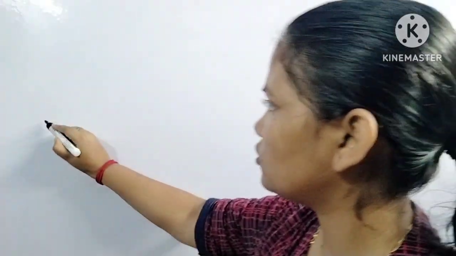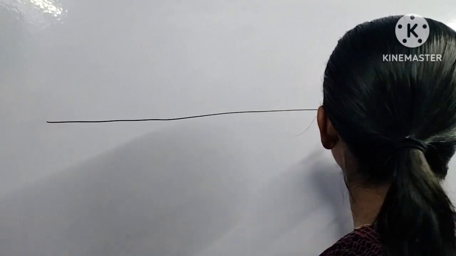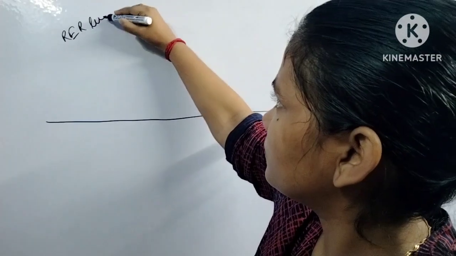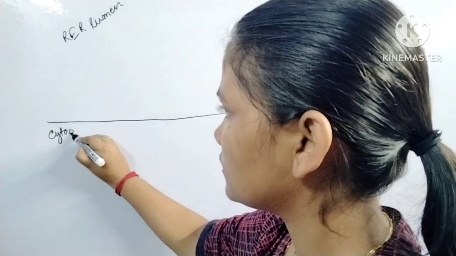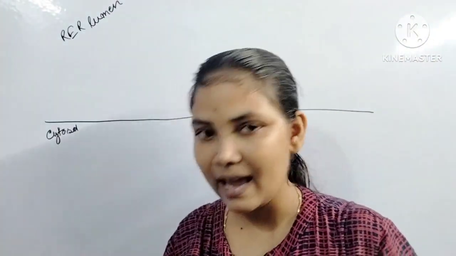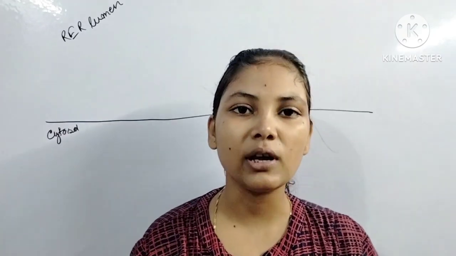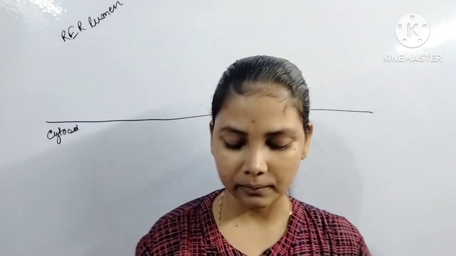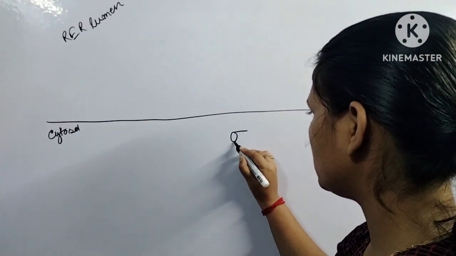So let me draw a straight line first. It is not a straight line but it's okay. So this side is your rough endoplasmic reticulum lumen and this side is your cytosol. Now every cell has a proteolytic system present in the cytosol which is known as proteasome. So when a viral protein or an antigen reaches the cytosol, the proteasome degrades the antigen. So let's just assume that this is the proteasome